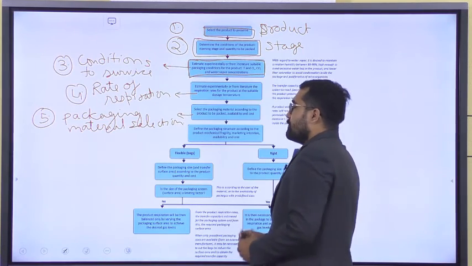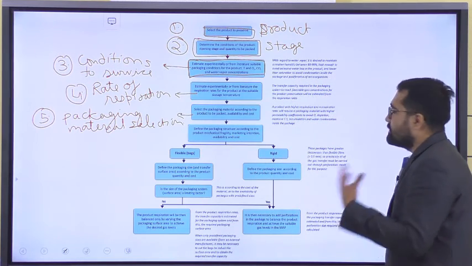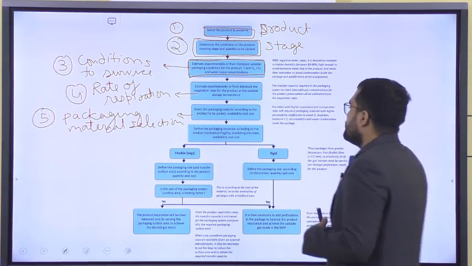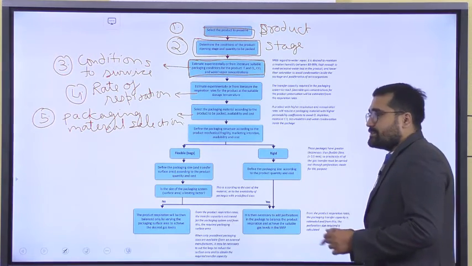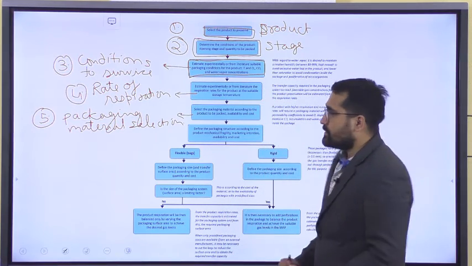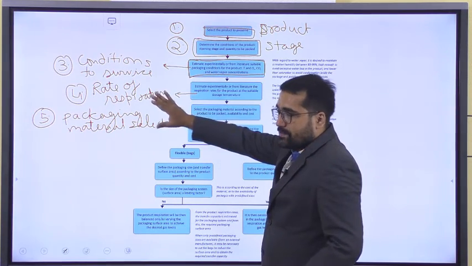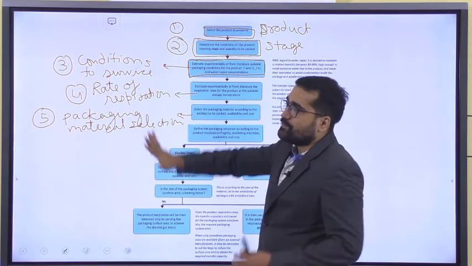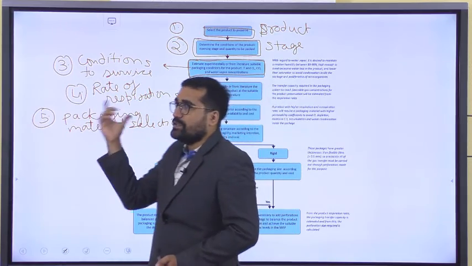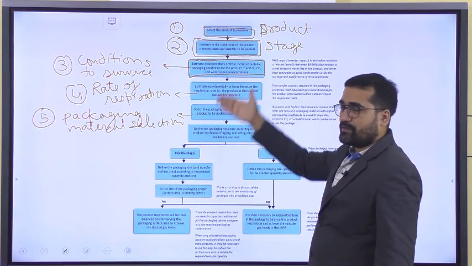Once we get the properties of the packaging material, like LDPE, HDPE, or whatever, these properties depend upon the O2 depletion, the respiration rate of the product, and the CO2 increase in the product. Depending upon that, we will select which type of packaging material to use. This packaging material also influences the cost of packaging, so while deciding the material, we have to select one which is not too costly and solves the purpose of MAP.